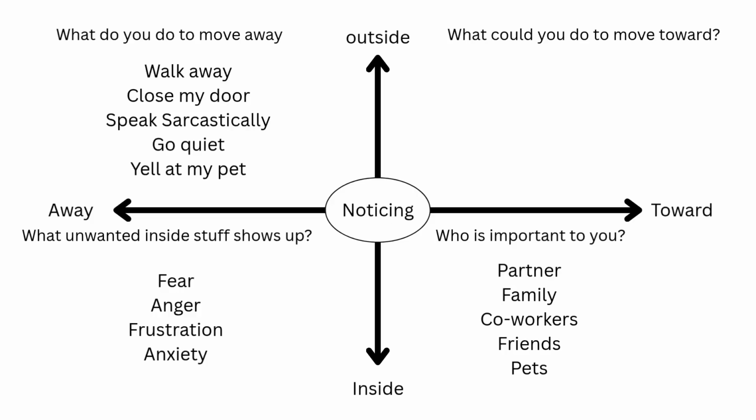And then we ask, when this unwanted yucky stuff shows up, what do we do to move away? Sometimes when we're angry, we might walk away. We might close a door, or we may say sarcastic things. We could even go quiet, or we could, for example, yell at your pet if your pet did something that they shouldn't do. So from there, we ask this question: